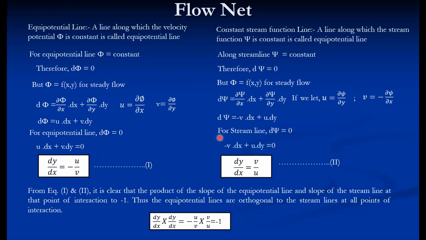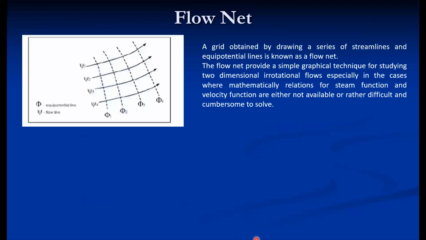Prove that the equipotential line and the constant stream function line are orthogonal to each other, or that the product of their slopes is equal to minus 1. So this proof can be asked. Now if we draw these constant stream function lines in this direction,